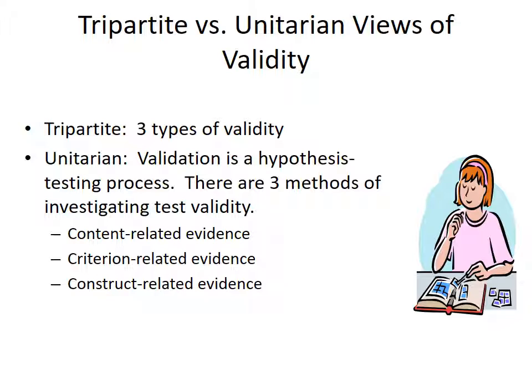And the alternative hypothesis, we actually are right. And in this case, what the Unitarian model says is that validation is really about validating the construct. It should be focused on the construct. So this is more of a theory of science, of how it should be done. And unless everything you do converges on that alternative hypothesis, that you do have construct validity, then you shouldn't claim validity. While the tripartite model basically breaks the three methods up